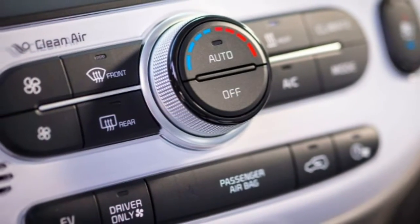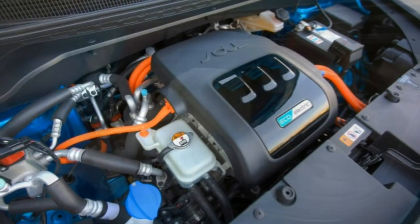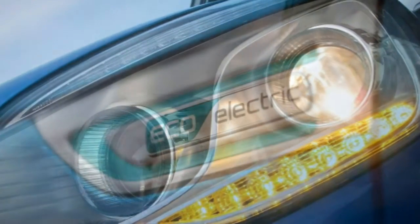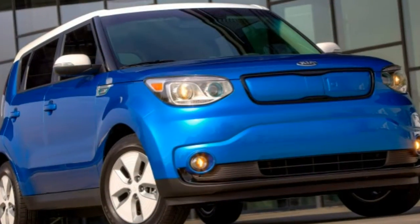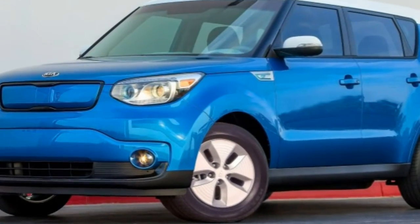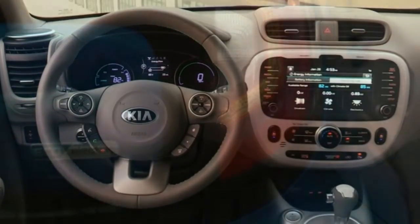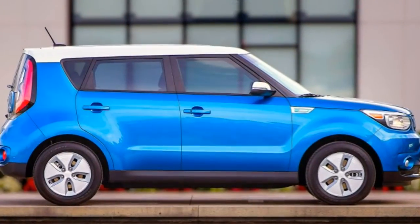Body styles, trim levels, and options. The 2015 Kia Soul is a four-door hatchback with electric power and seating for 5. It's available in 2 trim levels, Base and Plus. The base model's standard equipment includes a 120-volt charge cable, a DC fast charge port, 16-inch alloy wheels with covers, automatic headlights, heated side mirrors, rear privacy glass, keyless ignition and entry, automatic climate control with a driver-only function to save energy, a height-adjustable driver seat, heated front seats, cloth upholstery, a heated tilt and telescoping steering wheel,